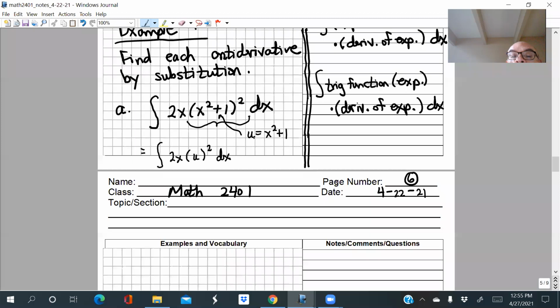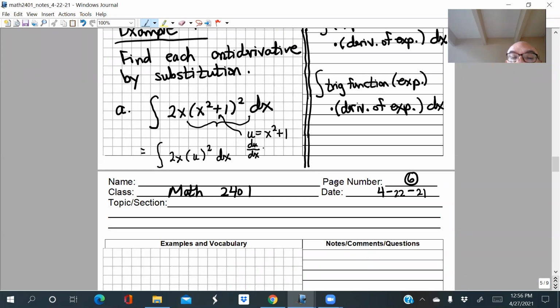So look back up here where you let u equal x squared plus 1. I'm going to take the derivative of u with respect to x. So let's write that down: du dx, the derivative of u with respect to the variable x. I'm not going to use the prime notation, and there's a reason for that. I'm going to use the old-fashioned du over dx notation.